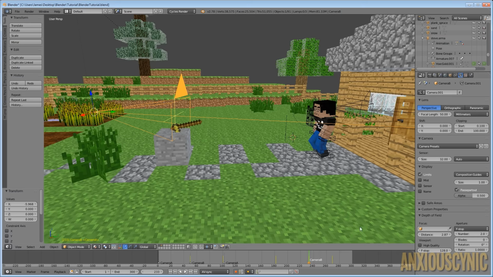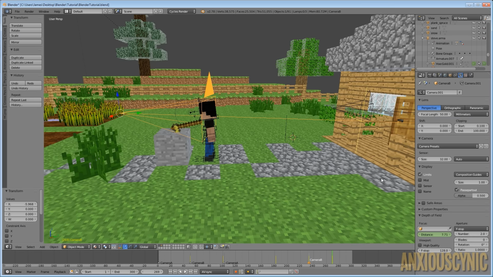All right, so what you have to actually do is set a keyframe on these parameters here, even over here. If you recall how we did the hoe, like with Steve grabbing it and we turned on and off the rendering, then you have to do the same thing here. So let's turn that up to something like that, and then we're going to hit the I key with the cursor over it, and as you can see, it turns yellow because there's a keyframe there now. And here we want to bring it back, like so, and since we have auto keyframing on, that now keyframed that movement for us.